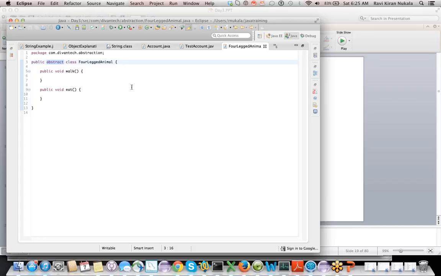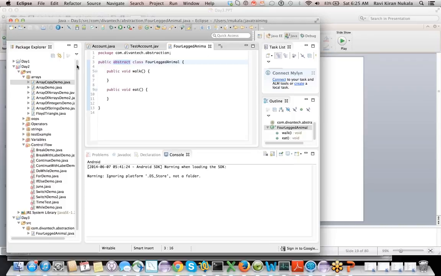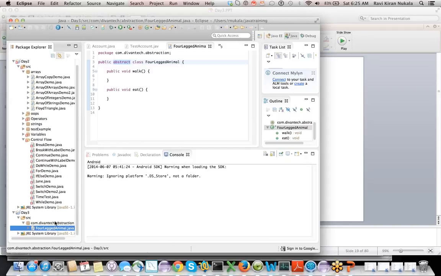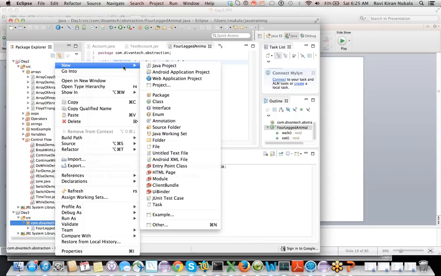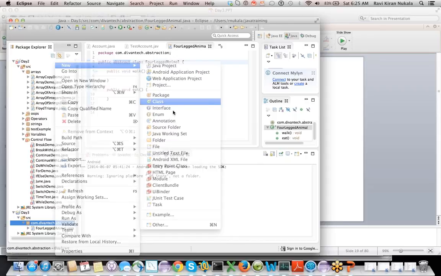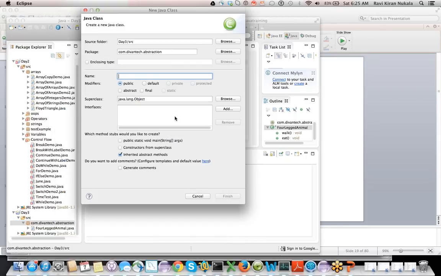Abstract class is nothing but we only know minimal details, and the class that is extending the abstract class will give more details. The class extending the abstract class gives the more details was the idea. That is called a concrete class actually. Okay, see here, concrete, say rat, and what does it extend?